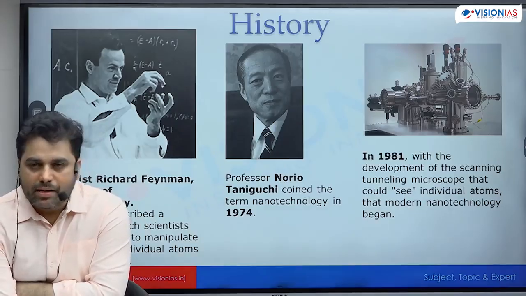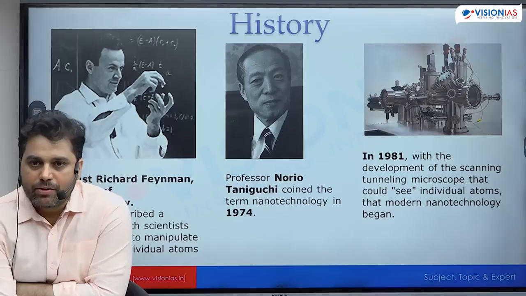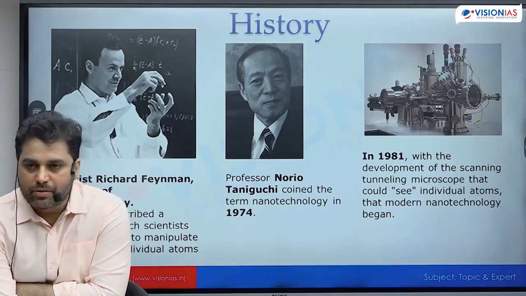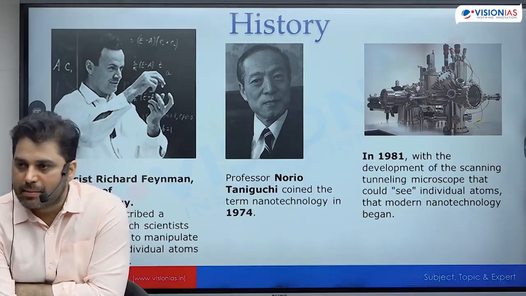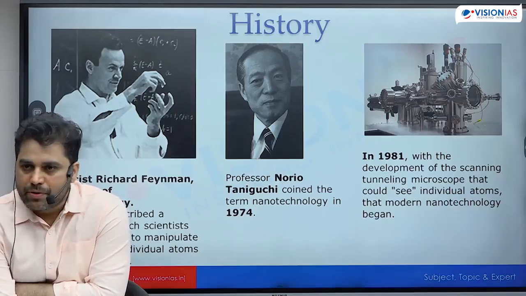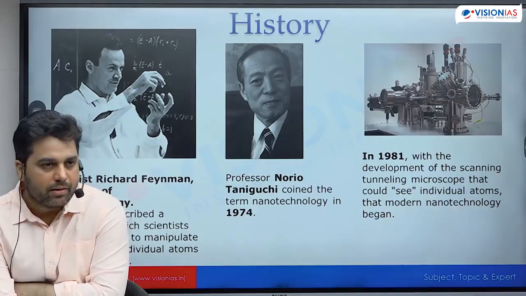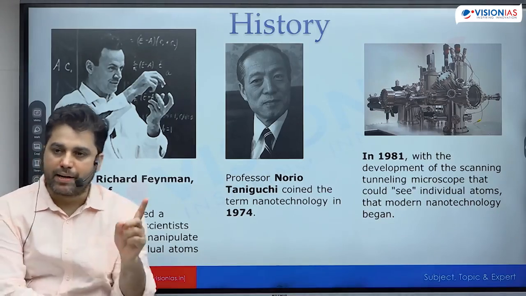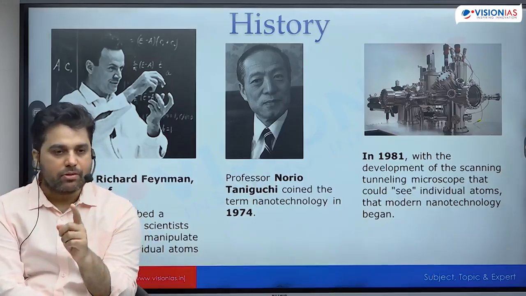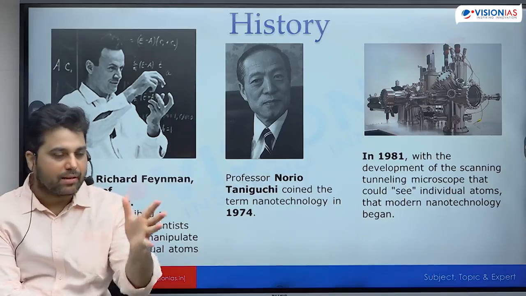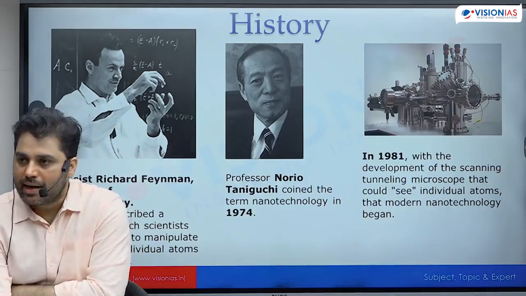What it does, that is more important. What it does is it allows you to look at atoms. If you are using a scanning tunneling microscope, then you can literally see atoms vibrating, moving here and there, molecules. So even at atomic and molecular level, you can look at how things are happening. But it also allows you to move atoms. So the scanning tunneling microscope does not just allow you to look at the atom, you can literally move atoms as you want inside a lattice.